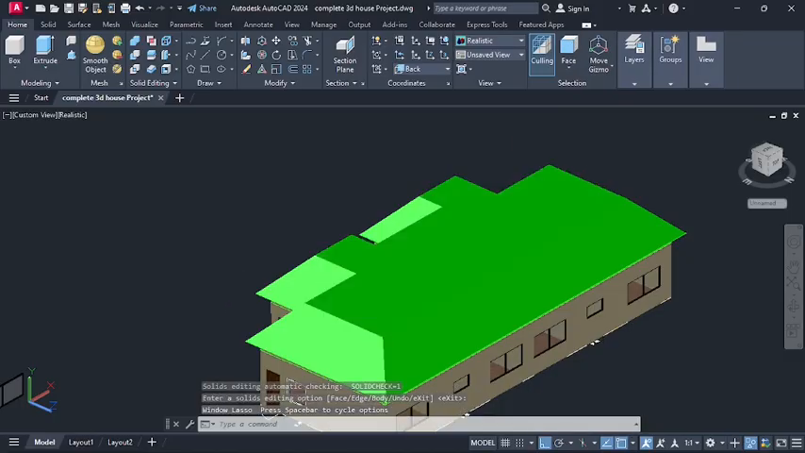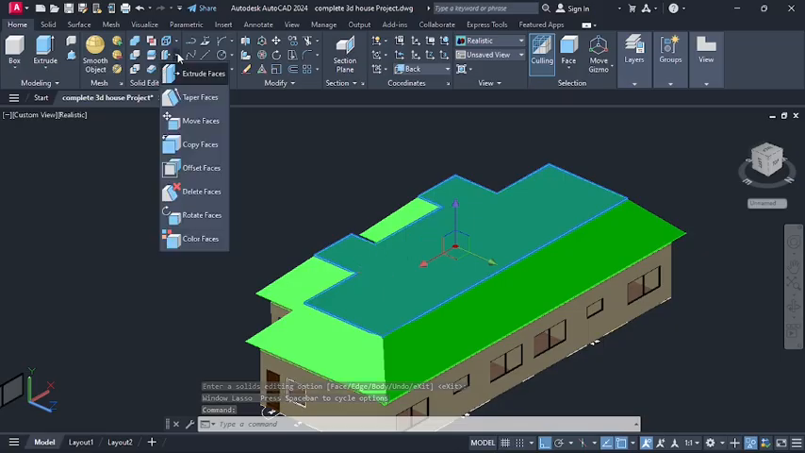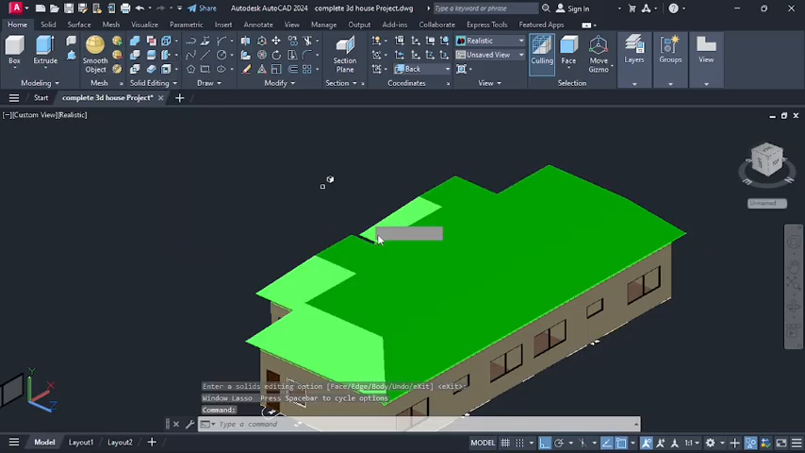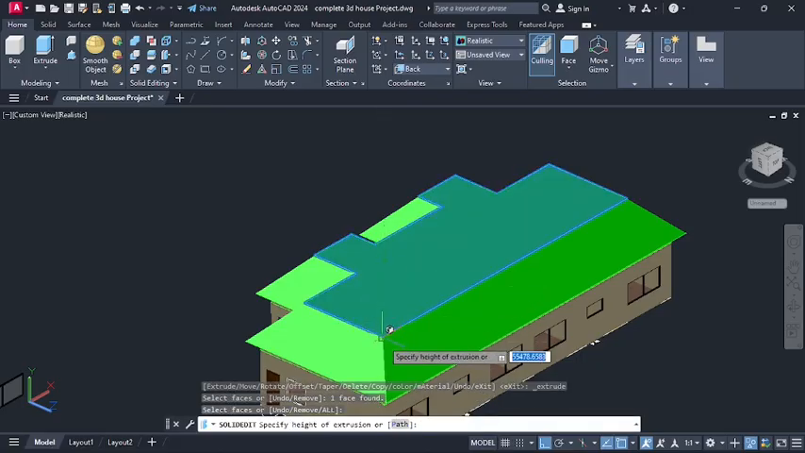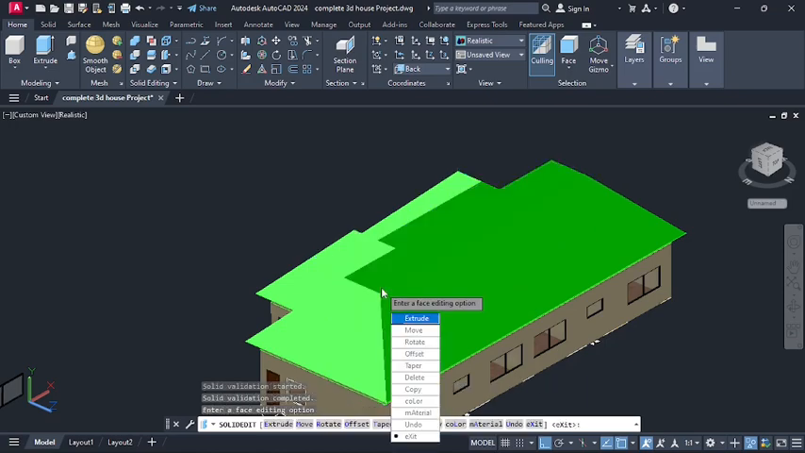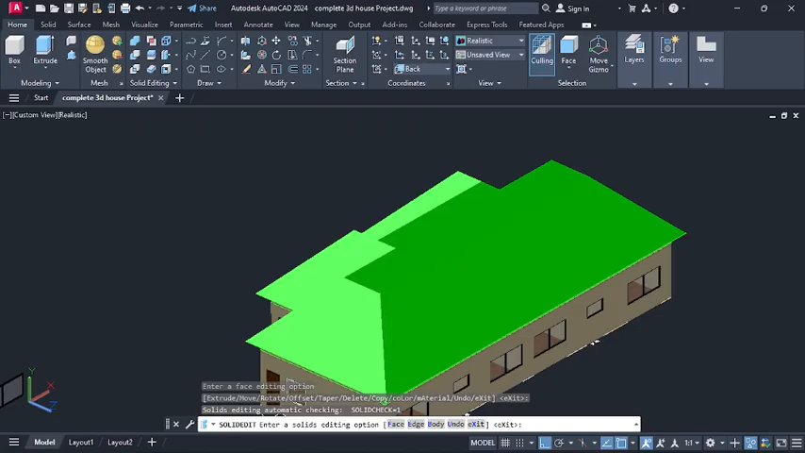So here I'm going to select this, and I'm going to go on extrude faces. I'll select this face, I'll press enter. I'll select that part going up there, I'll press enter like that. I'll go out, and I'll go on escape. So here,